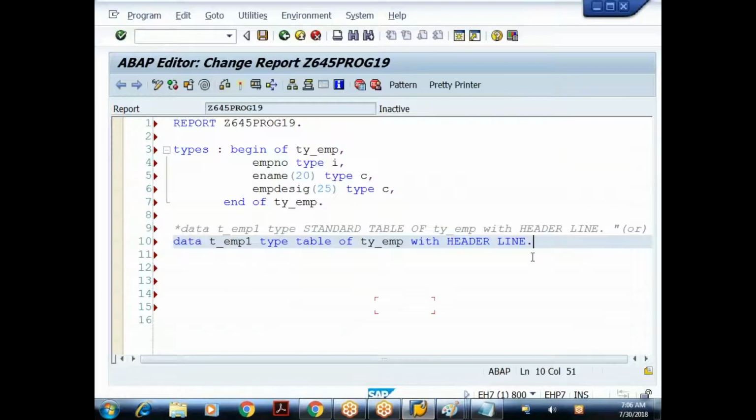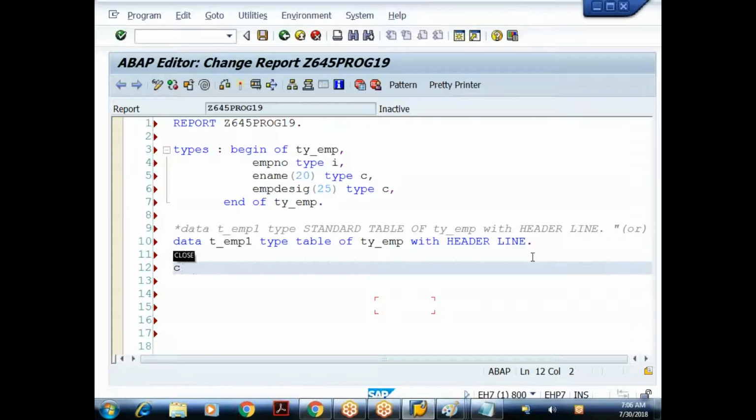So what I'll do now, try to understand. Here I'll say CLEAR. Before we store the data, you clear the old data. The recommended process is: before we store any data in any variable, it can be a normal variable, work area, or internal table, you clear the old data. Then you store the new data. How do you clear the old data?